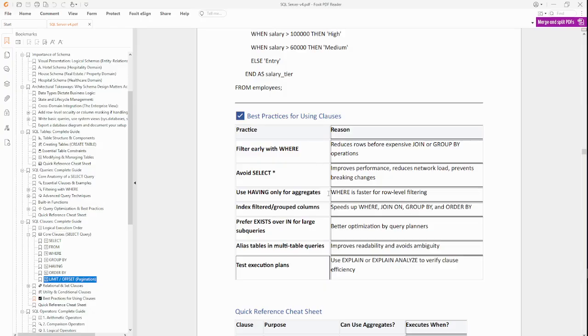Okay. So best practice for using clauses, particularly on the where: whenever you use where, you will reduce the rows. If you are using join or group by operations, you will be filtering with a where statement. So you will avoid select asterisk. If you select asterisk, it means you are going to select everything,